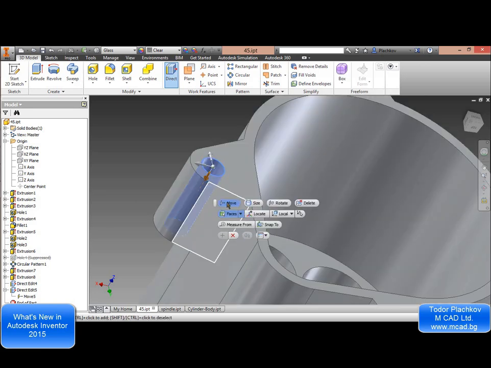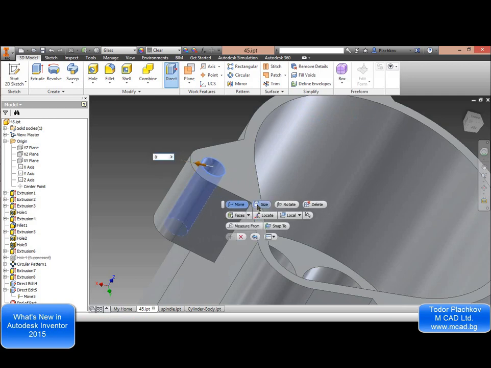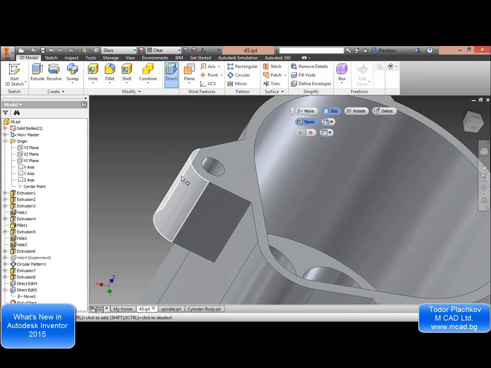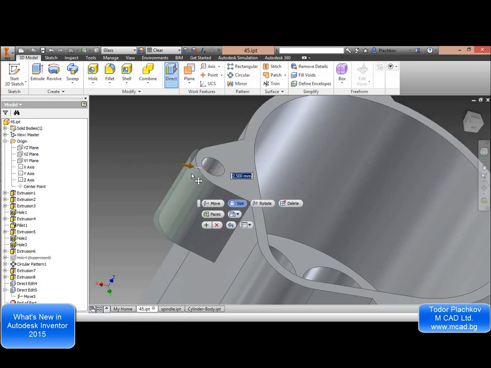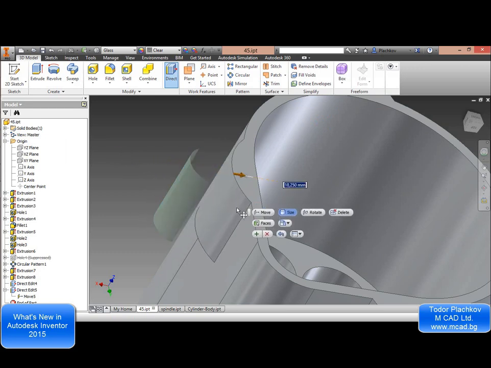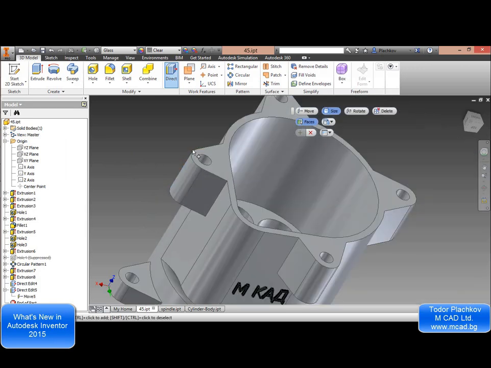changes are like new features in the browser menu. You can select holes, you can select fillets, and just by dragging or entering the correct distance, you can change their dimensions, just like this. And yet, as you can see on the left, this is an IPT file, so it's a natural